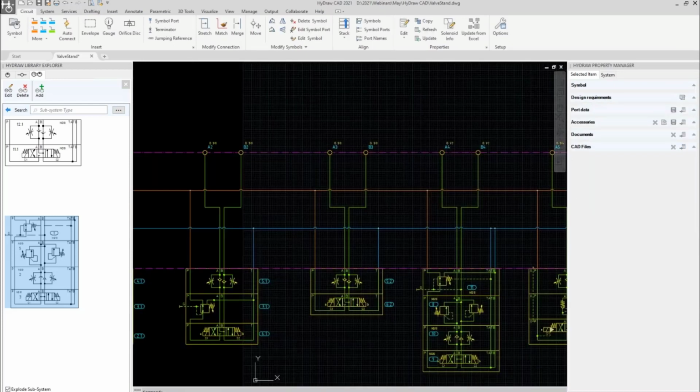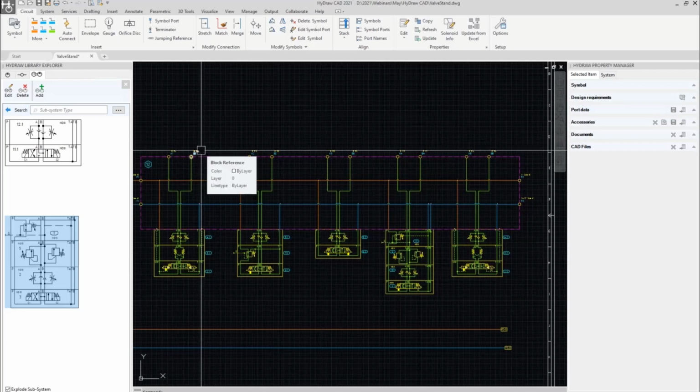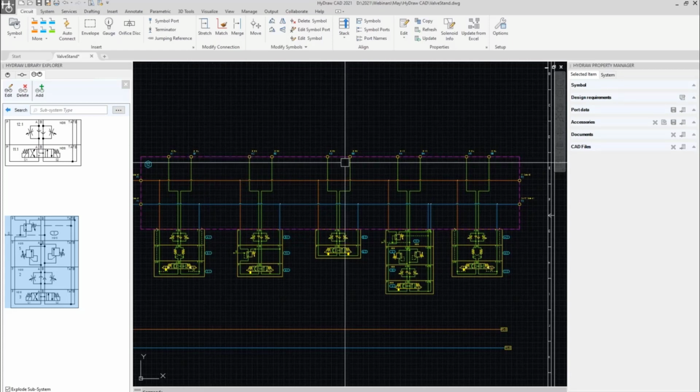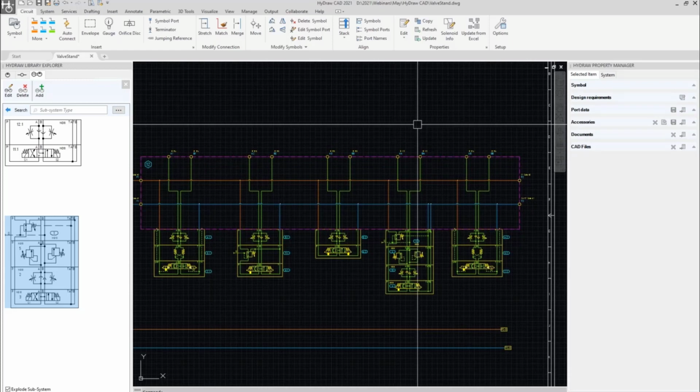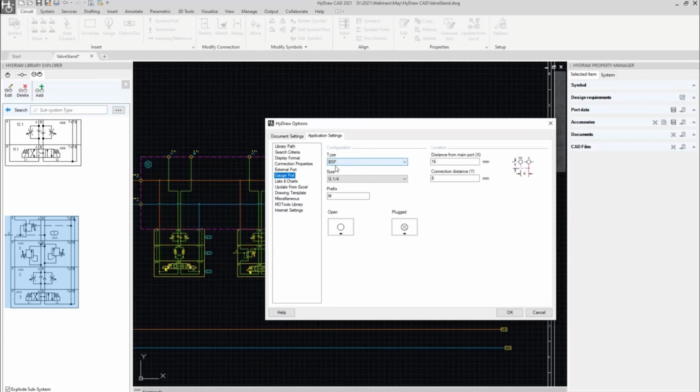We are good. Usually for valve stand, we have test points for all the ports, because really the configuration is that we have valves that will control how the actuators will work, and we need to be able to measure pressure on each line. We have a smart command in HyDraw. It is configurable in the application settings, a gauge port. So here you can define the standard size for a gauge port. I normally use a G1x4 BSP port, but you may select a different size of ports,